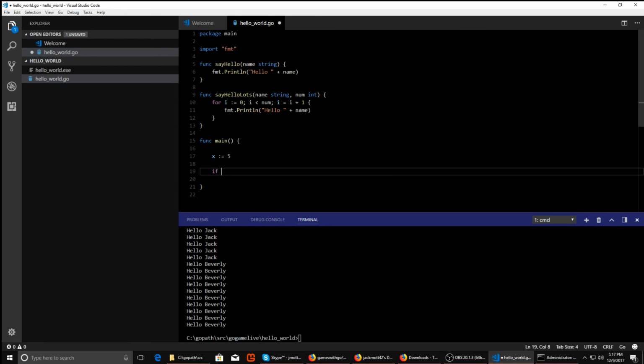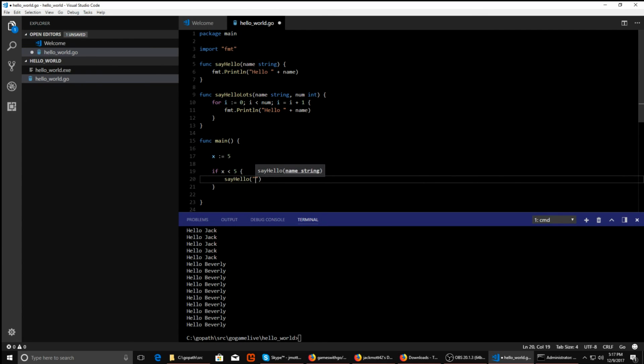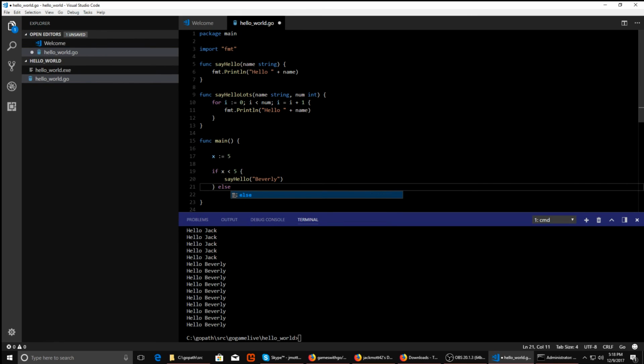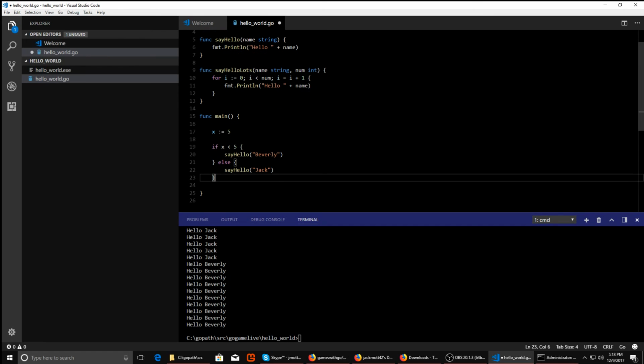Let's say that sometimes we want to say hello to Jack, and sometimes we want to say hello to Beverly. And let's say that if x is less than 5, then we want to say hello to Beverly. Else, we want to say hello to Jack. Now in this case, x is hard-coded to be 5, but it could be something that the user